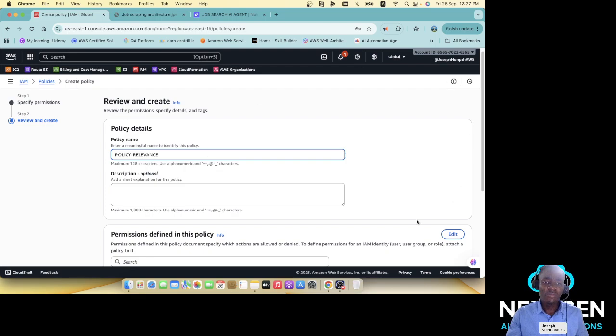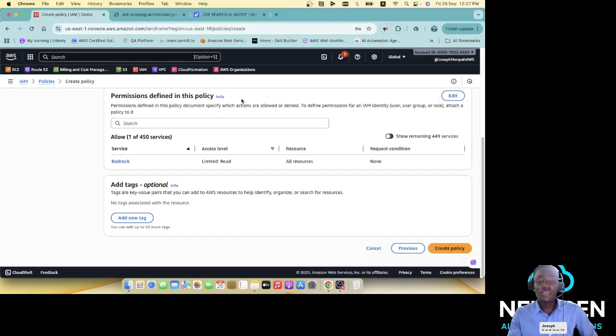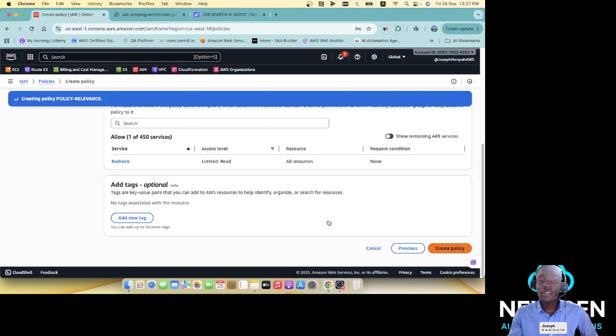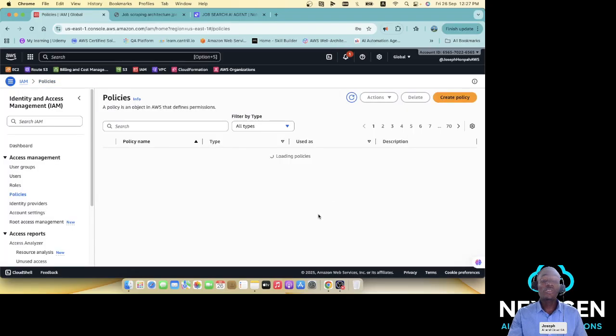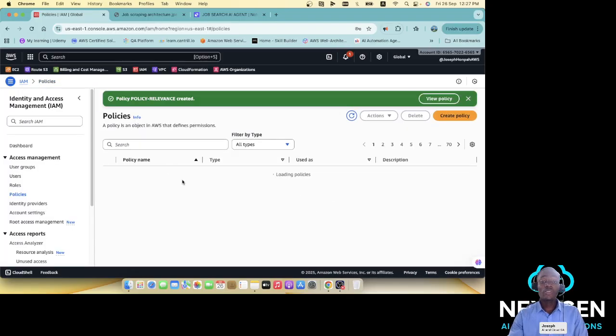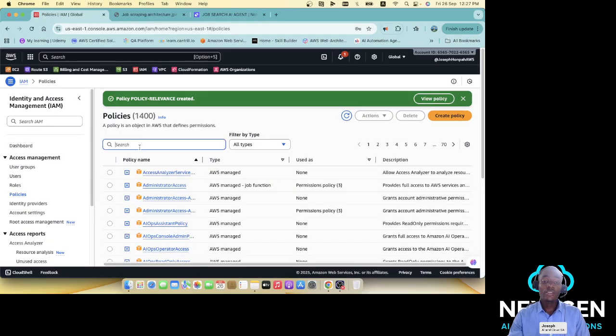Okay, let's just keep it as policy relevance. You can give it a description, that's optional. Scroll down and click on create policy right here. So remember, policy relevance, the policy you've created and the name you've given, because now the policy is created. Policy relevance I created. And okay, on the search bar here,